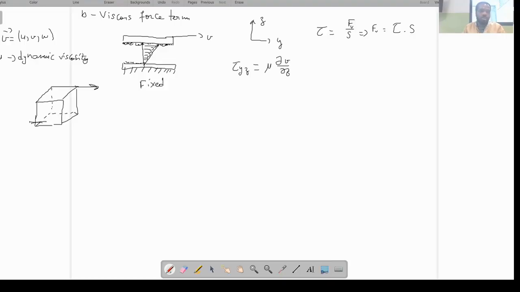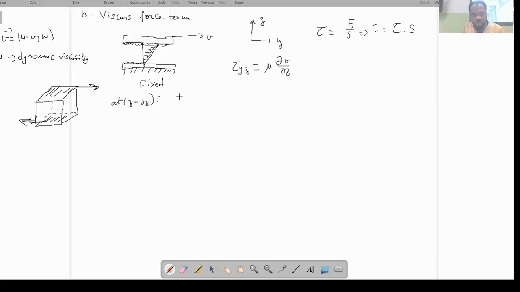There is another force on the bottom face, which is opposite to the force on the top face. So on the top face at z plus delta z,